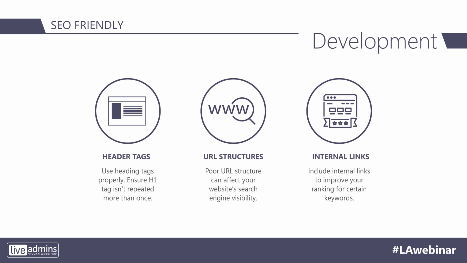Now, use of heading tags is very, very important if you want your site to be ranked in front of the search results. But most developers these days are not using the optimal quantity of heading tags. Now, the best practice in terms of SEO is to use one H1 tag on a page, and it needs to include your company's top keyword. But you have to ensure that you're using H1 just once, and not more than that, because this is going to